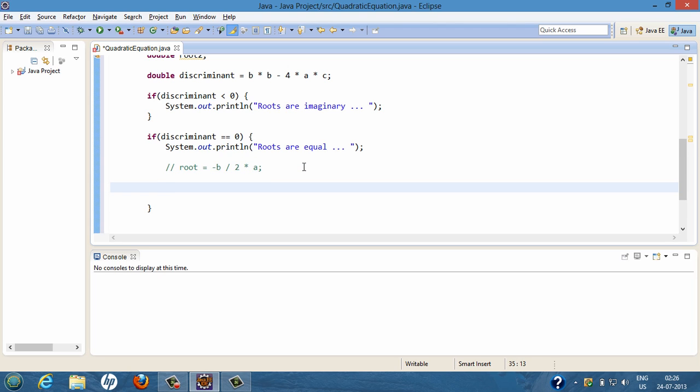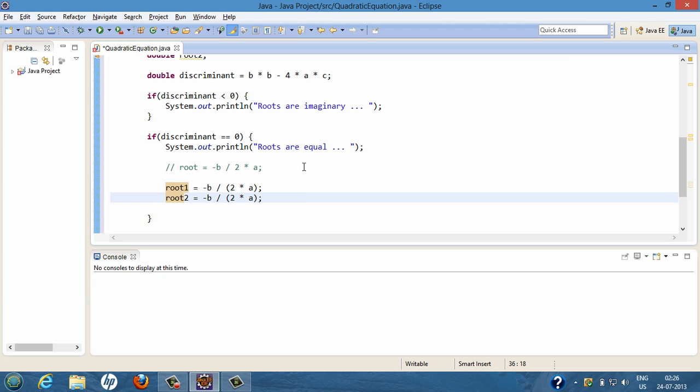Here both the roots will be coming out to be equal, so root 1 will be minus b divided by 2a, and similarly root 2 will be minus b divided by 2a.